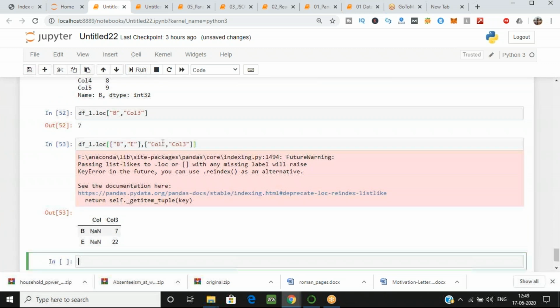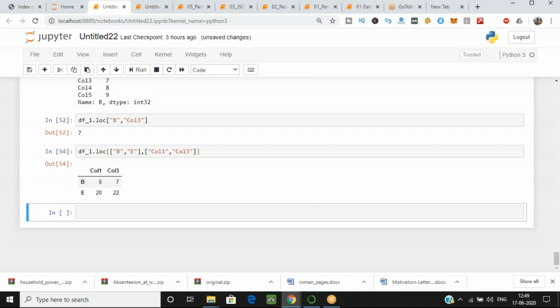Why is everyone getting an error? Yeah, I have written col, I didn't write col 1. That's why. So you should write col 1. Now it's not an error. Now what's the value? I'm getting the values from the B row, having the values from column 1 and column 3, and from E row I'm having the values from column 1 and column 3. So this would be our output.